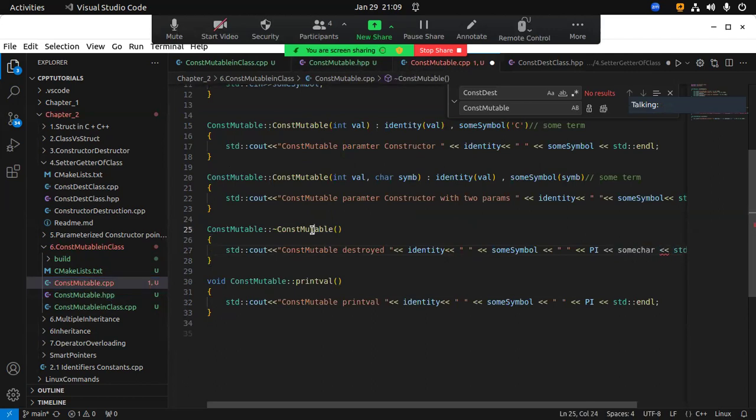So both the objects get created, and both the objects get destroyed. So when the object gets destroyed, we'll see what would be the